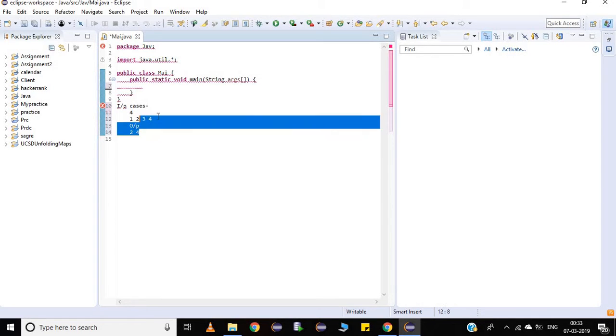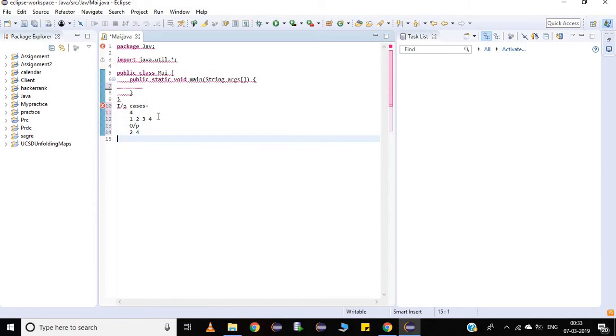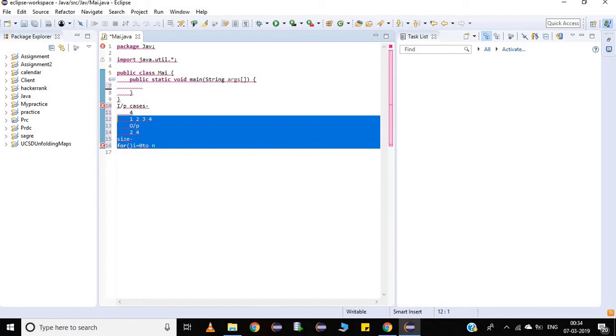So how to do this is, first we have to make the size. So the first variable will be size. This will be given by the user, the size of the array, and then we will use a for loop from i equal to 0 to n, and then at every value of i we will take an input and store it in the array. What I mean is,